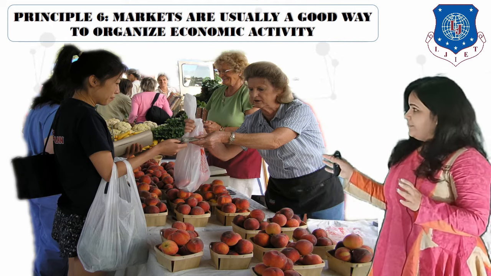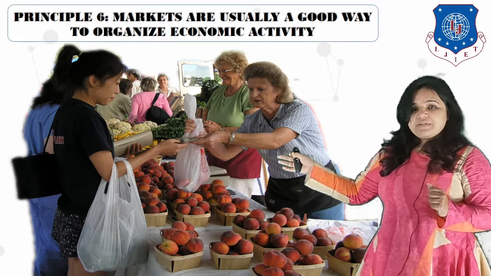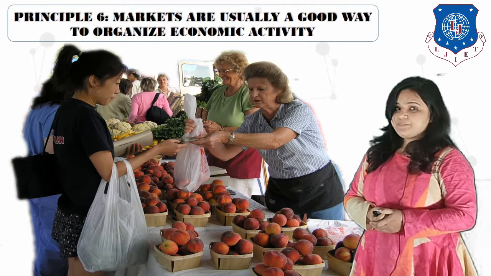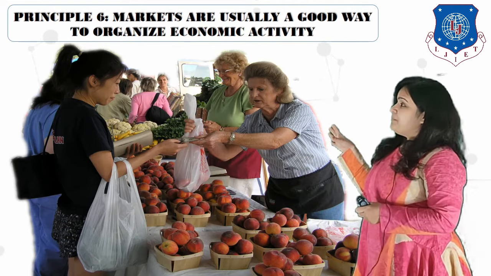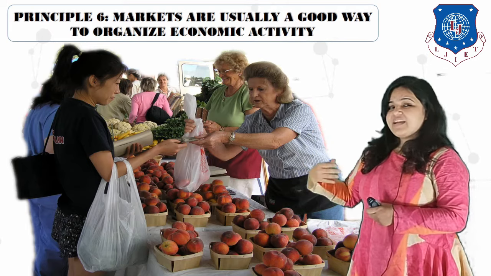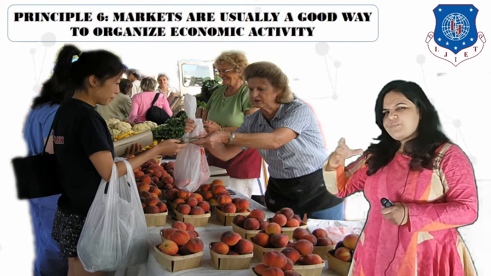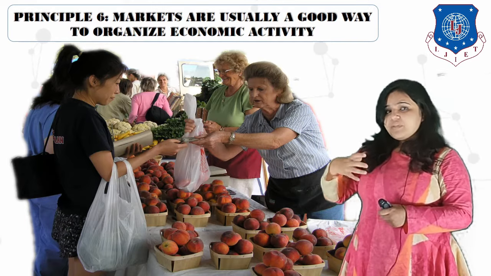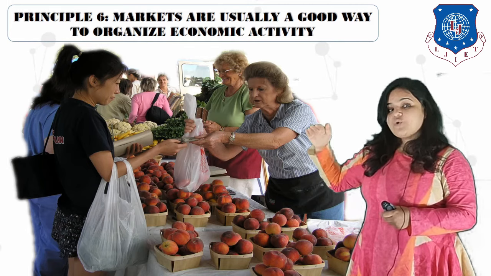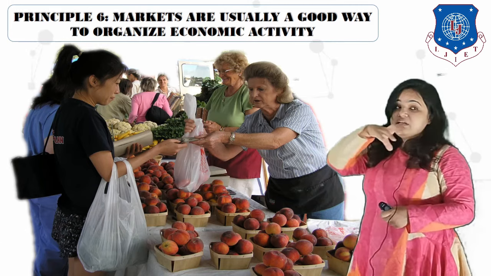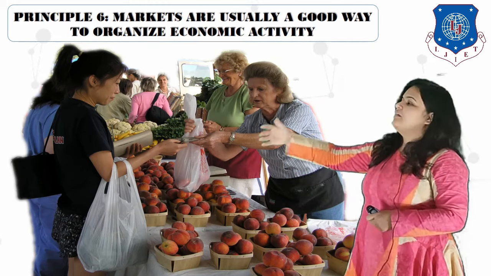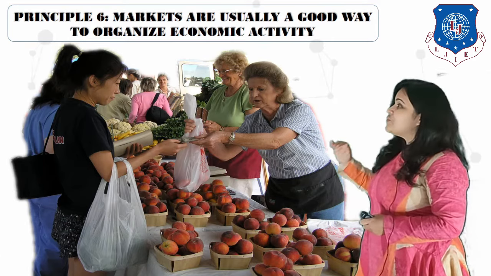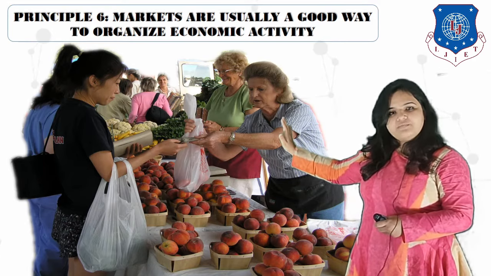Say for example, if there is a sale on apples, then many people would come and buy apples, so quantity sold would increase. On the other hand, the farmers would not be ready to sell at a lesser price at a sale, so after a point of time, they will start storing these apples and they will let the prices go high. At that point of time, they will take out the apples from the storage and put them on the counter to sell. So how many apples to sell when is decided on its own by the producers.